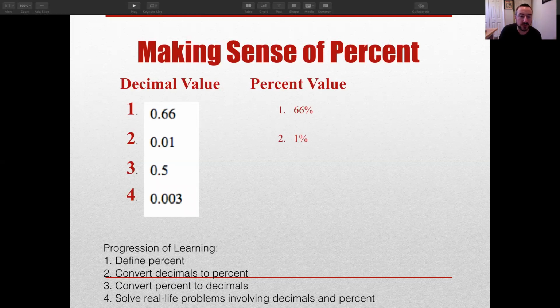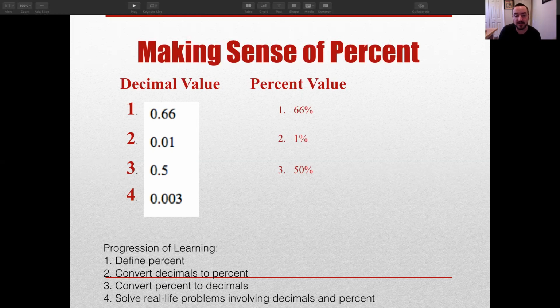Number 3, 0.5, or 1/2. I'm sure most of you know what 1/2 is as a percent. Just thinking of it in a real world context, that would be 50%, right? 1/2, you get half, I get the other, we get 50% each. 50%. Number 4, we have